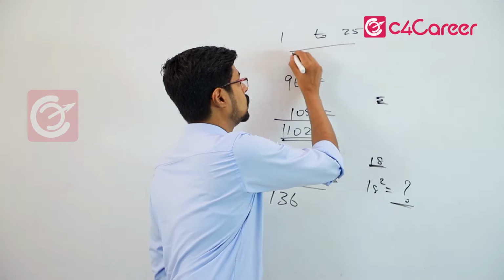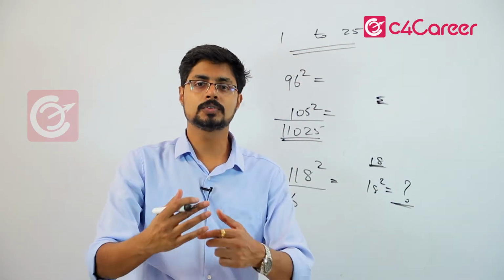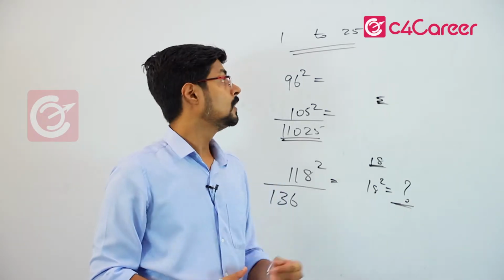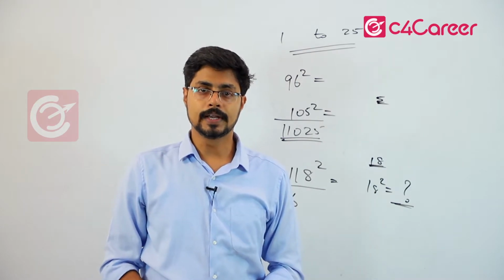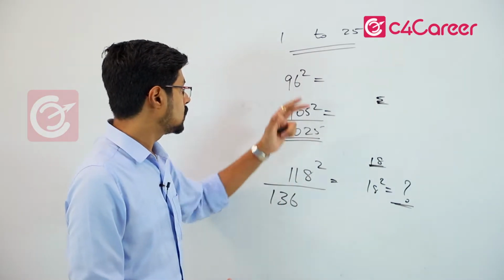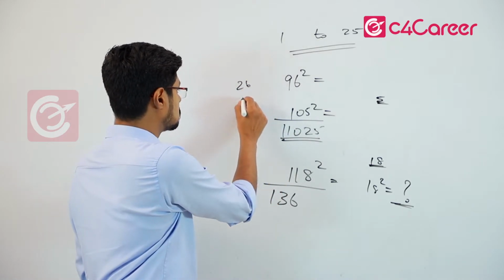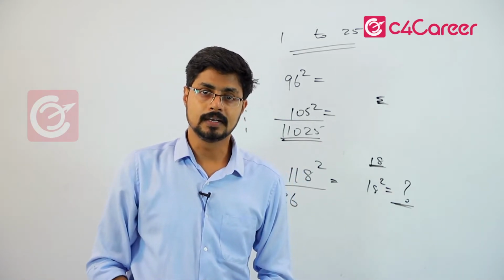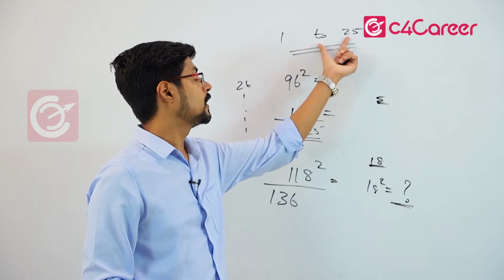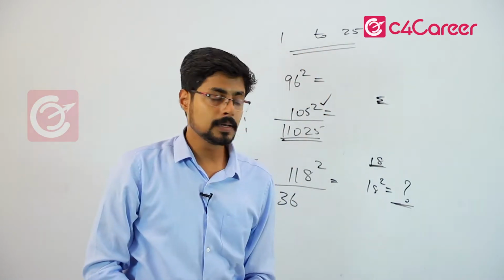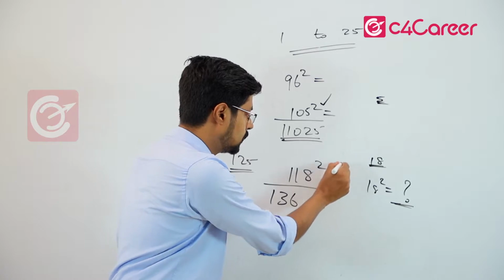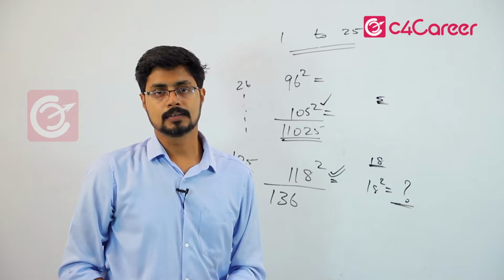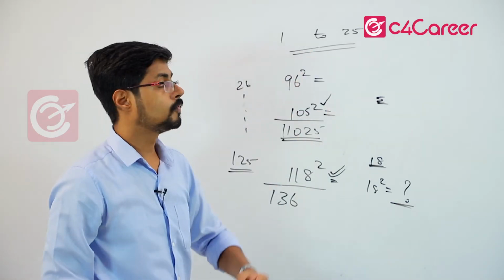Otherwise, this is going to be very important. You will have to study the squares up to 25. It's not difficult. We will learn some quick methods to connect and learn or memorize the squares up to 25. And once you have done that, all the numbers from 26 up to 125, we can apply the technique we have studied. But if you don't study the squares from 1 to 25, then here the technique can be applied, but here you will find it difficult. When you come to big numbers without knowing the squares, you will not be able to apply the technique. So let's start with the numbers from 1 to 25.